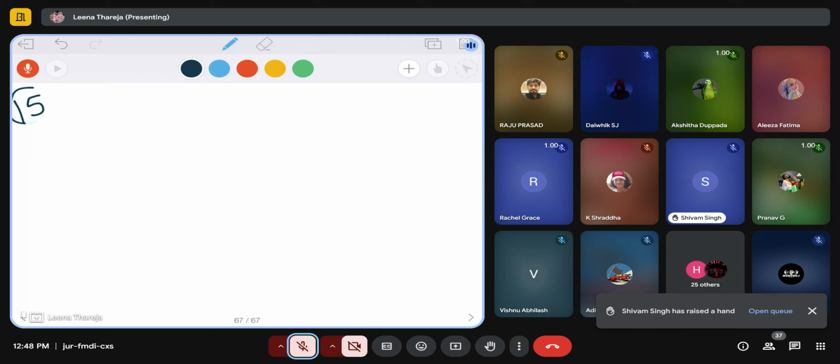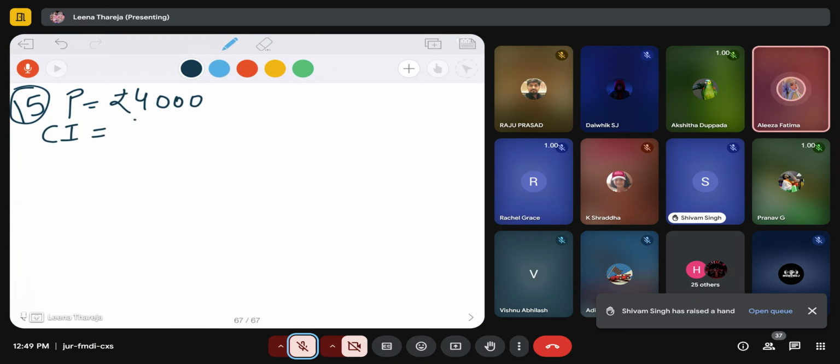Read the question first. Find the time in years in which rupees 4,000 will produce 630.50 rupees as compound interest at 5% per annum, interest being compounded annually. Now, see, what is the 4,000 here? The principal, ma'am. And what is 630.50? That's the compound interest, ma'am. And what is the rate of interest they have given? 5%, ma'am.